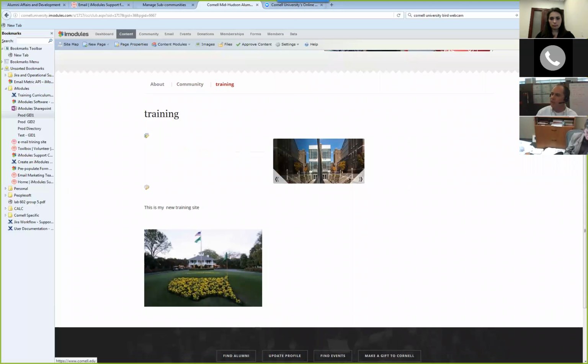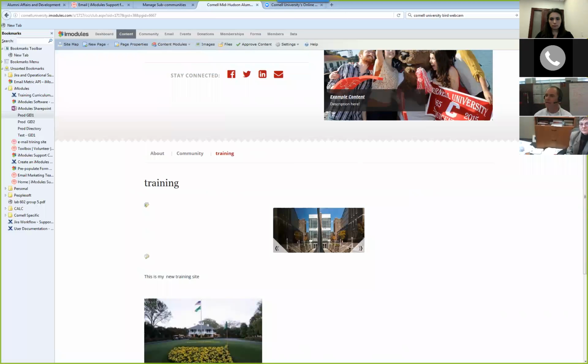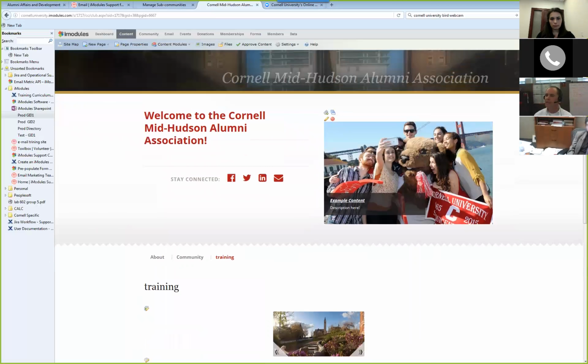Now, a cool thing we have right here is an ability to have a rotator. Some clubs like to have just a slideshow of rotators. So what I'm going to do is add another tab. So we have this tab, this tab, this tab. I showed you how we add in a block. I now want to add in another tab.